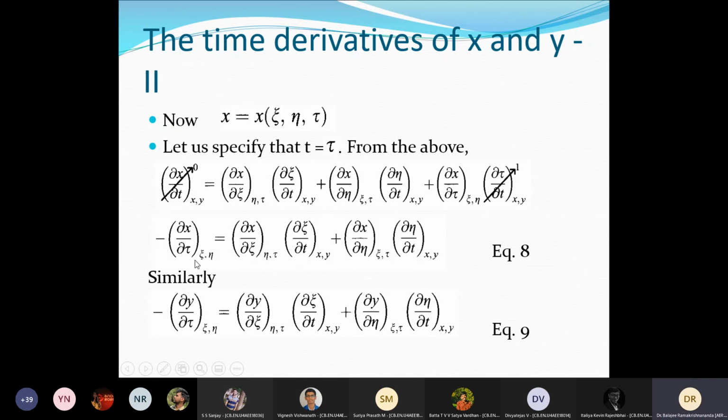This gives the change of x with time in the computational domain, or how to cluster the grid in the next time step. Where should that ζ and η fall in the physical plane? What is the change in that? Similarly, you can get an expression for ∂y/∂τ also. I suggest you do it on your own. Look at it, do it on another paper a few times. You will understand it much better.